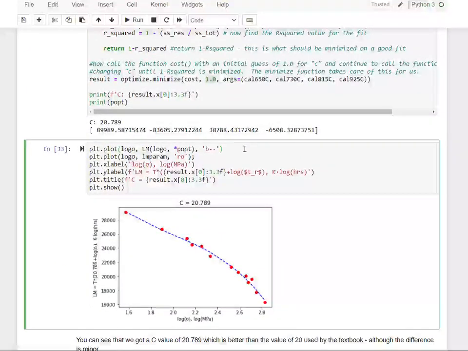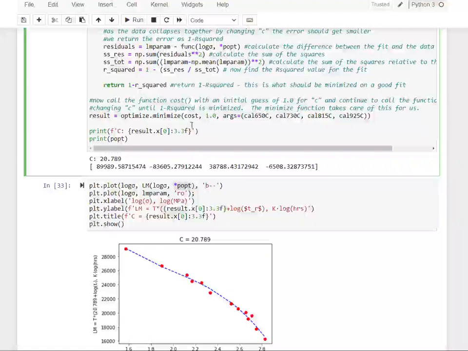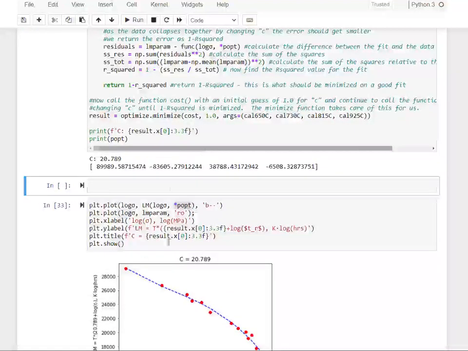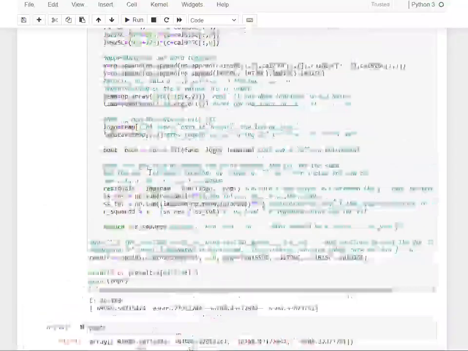Oh, let me just show you one more thing real quick, because I know that this thing here, this star p-opt, is sometimes confusing, and we don't need to make this confusing. So let me go ahead and just show you what p-opt looks like. So here it is. It's an array, and it has these values in it, right? Which were the B0, B1, B2, B3. And our LM function, again,